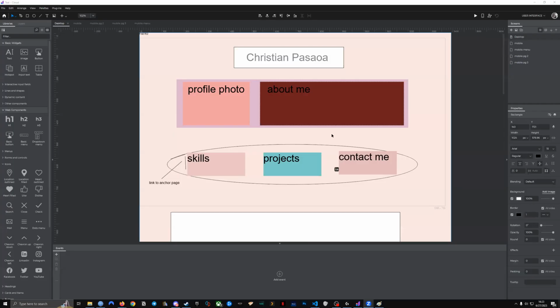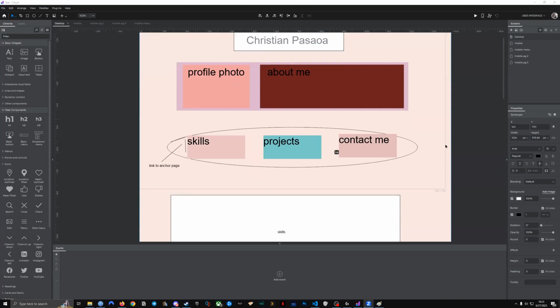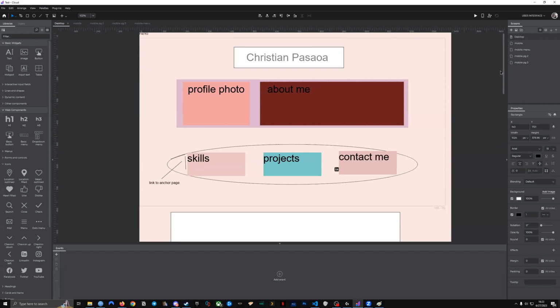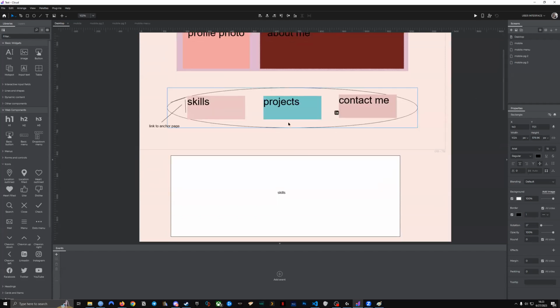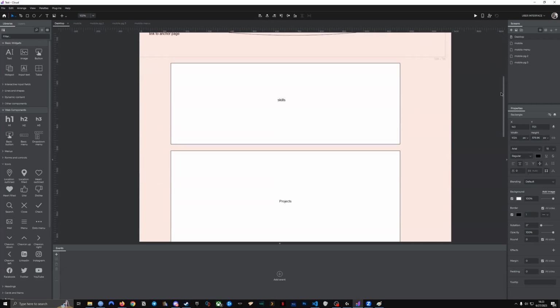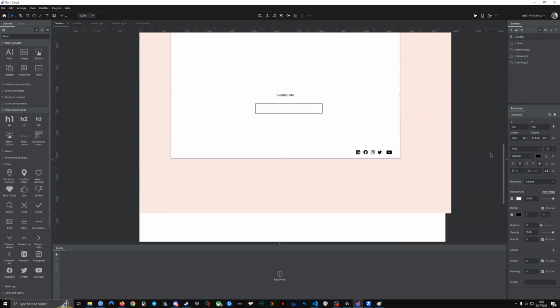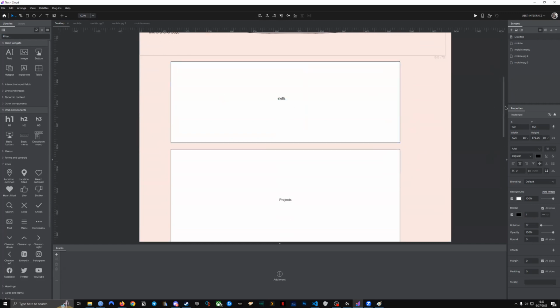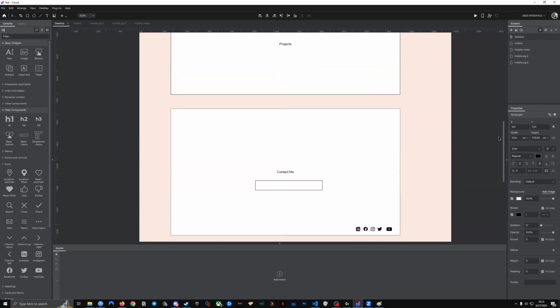Hello. So I just readjusted some stuff on my wireframe. You said to do a call to action over here. Probably just do something like click here for skills. And I decided to do anchor links that would come to these different boxes. I was also thinking of having different colors for the pages, to help differentiate between skills and projects,